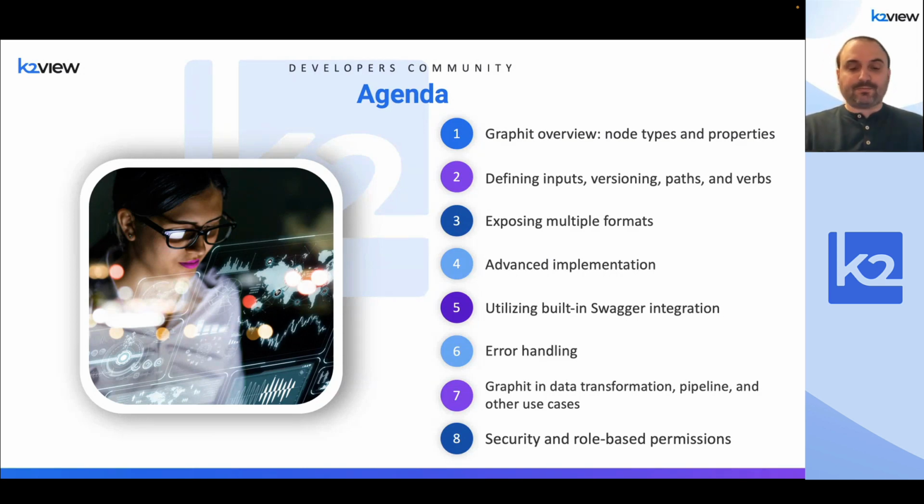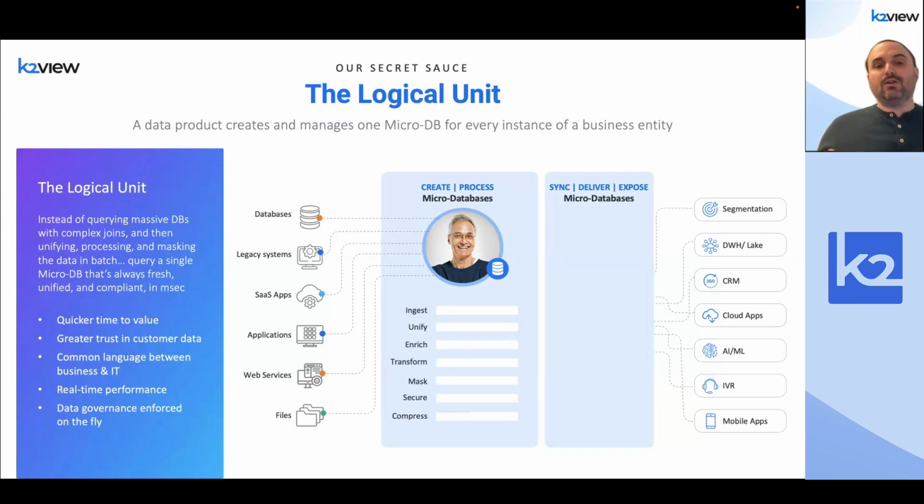agenda for us today. I know some of you are new to K2view. You might not have been introduced to it, and we're not going to spend time on introducing K2view. Again, this is a developer community meetup. We're here to see the product live. In fact, this is probably the last slide that we're going to review today before we jump and show the